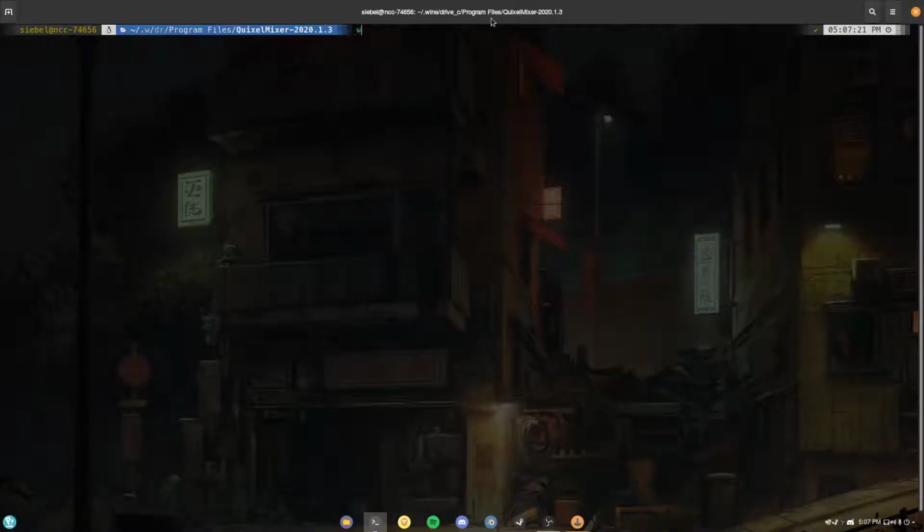Okay, so I'm gonna show you how I managed to run Quixel Mixer 2020 in Linux. Running PopOS 20.04 here,